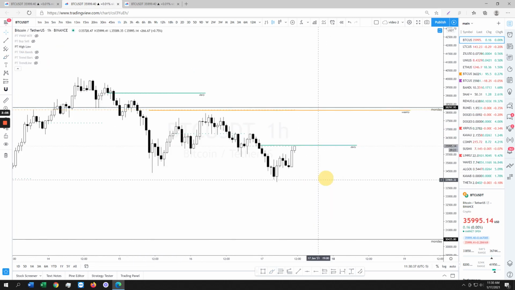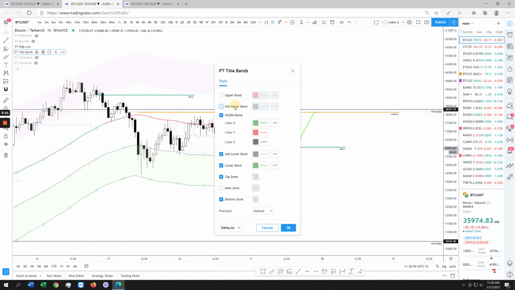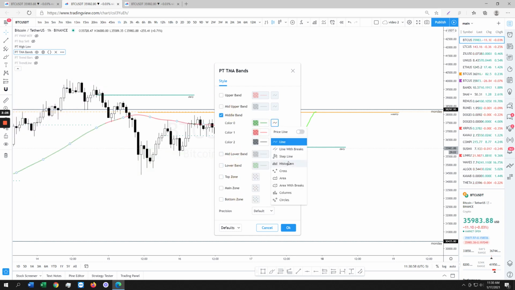So the most important level right now for us to look at is the daily open. If you get above this, then you could safely assume that we're going to go target the weekly open, since we haven't touched it yet, which has been my level for the past how many days, right? Do me a favor, throw on your TMA band so you guys can see this. It's very important to have your TMA band on, and it's not a regular band. It tells you if we're bearish or bullish from a micro stance perspective, right?